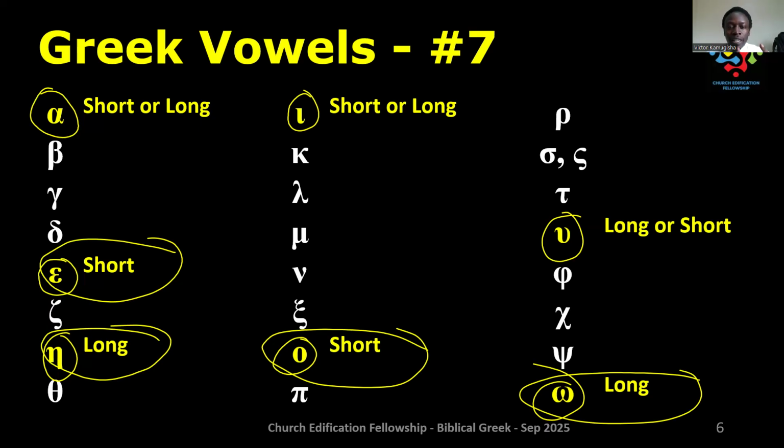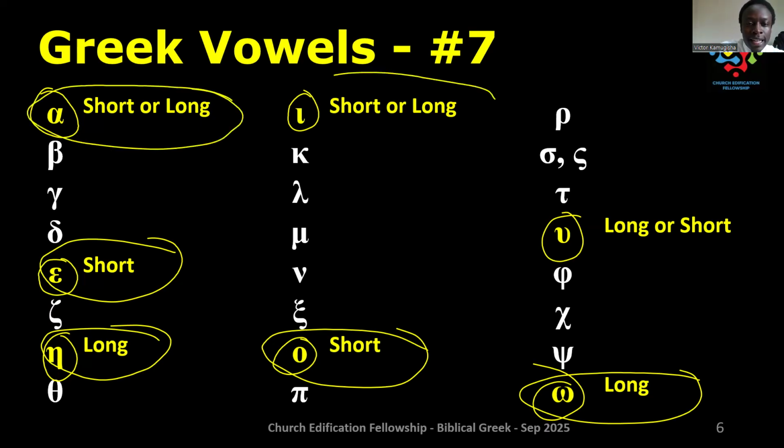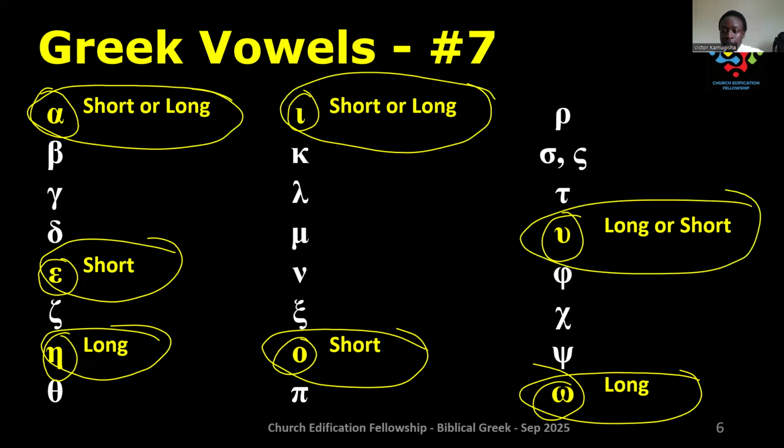Now, the alpha, and the iota and the upsilon, they could either be long or short depending on the circumstances. So again, take some time, understand the vowels, which ones are long, which ones are short, and what we mean by long or short. It refers to the relative length of time it requires to pronounce the vowel. Okay, with time it will become easier. All right, so having looked at the